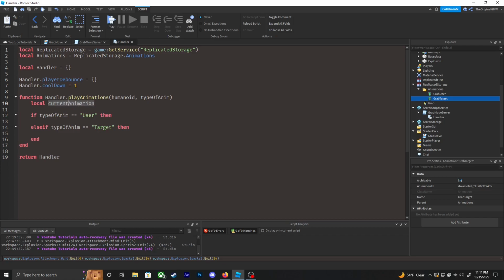You can put the full name. And then we're gonna return current animation. So now we need to give it a value. So current animation is equal to humanoid, and I want to typecast this actually. Typecast. So humanoid